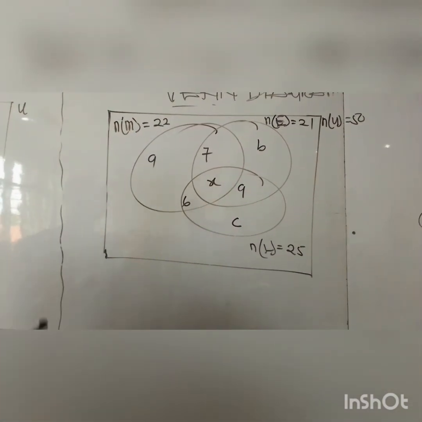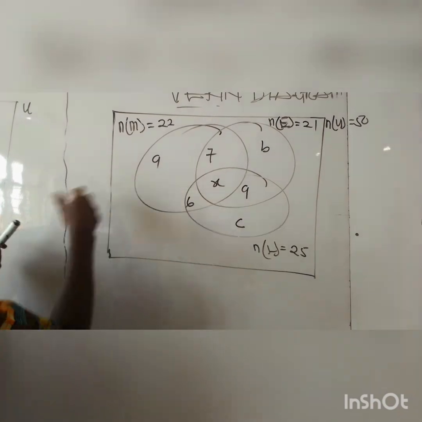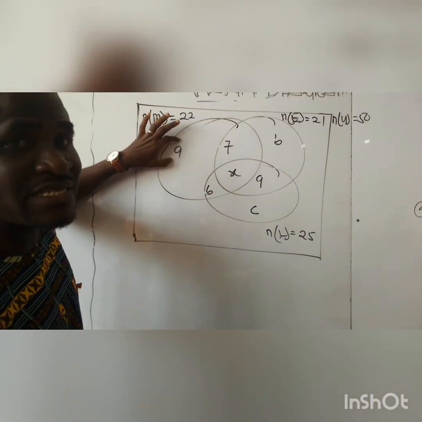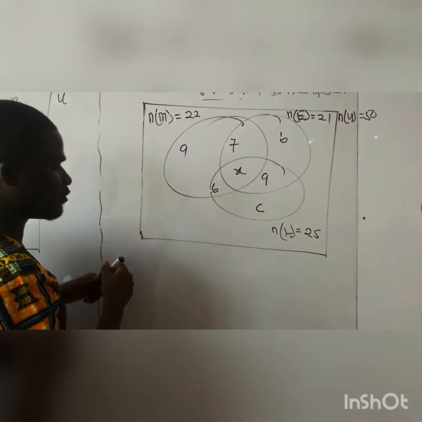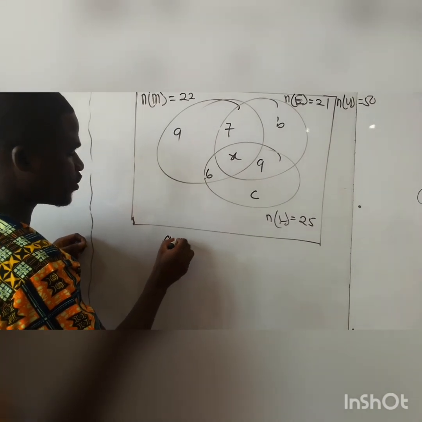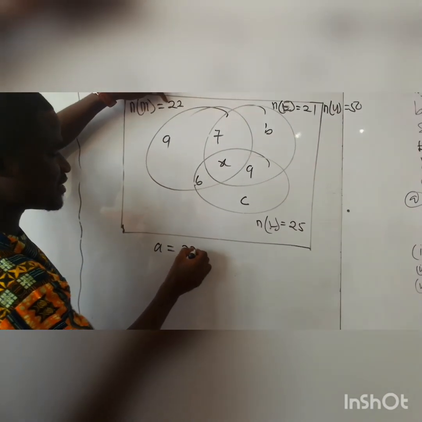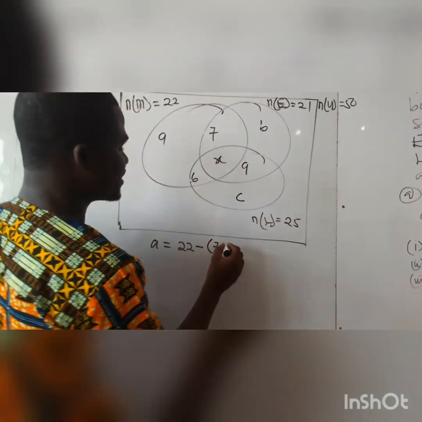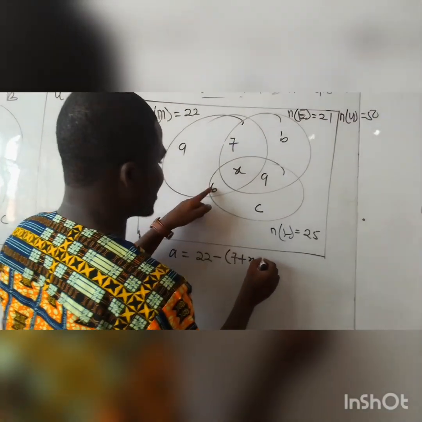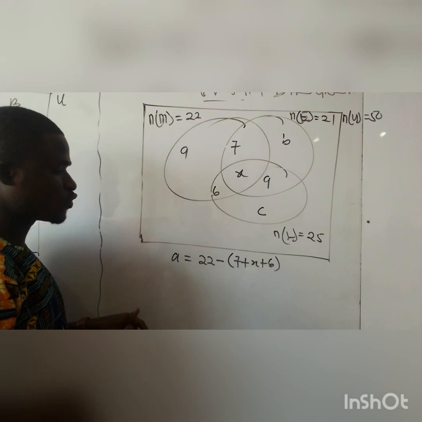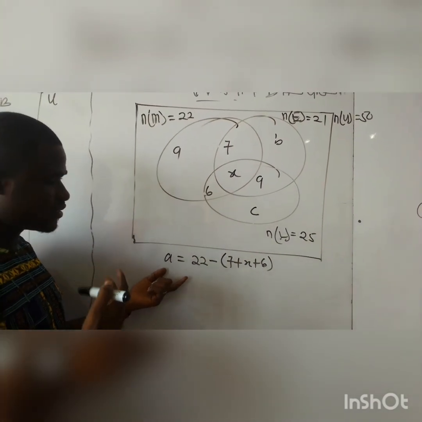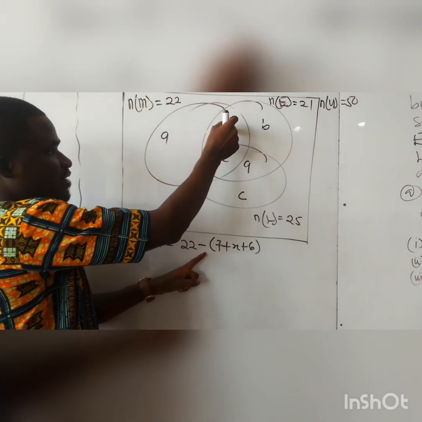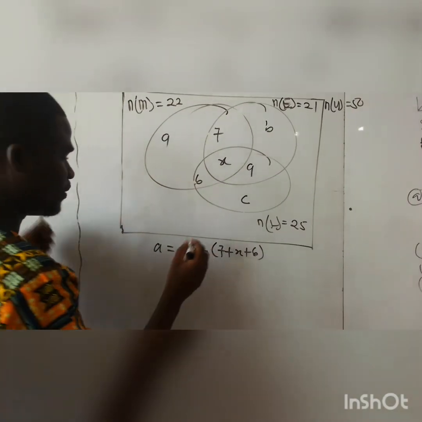We are saying that we are looking for those who had only mathematics. So those who had only mathematics, we are going to have A equals those who had mathematics minus those who had both subjects, 7 plus X plus 6. Good. So those who had only mathematics, 22 minus everything here. Okay? Good. 7 plus X plus 6. So 22